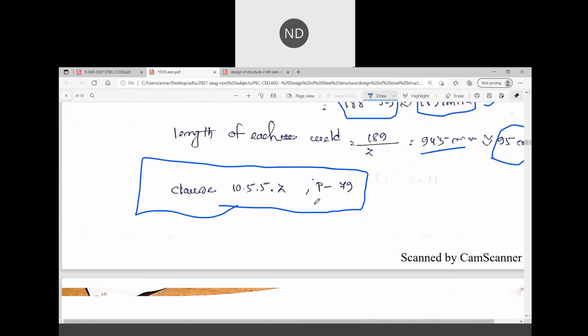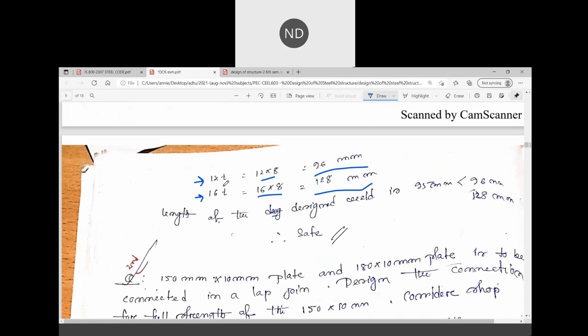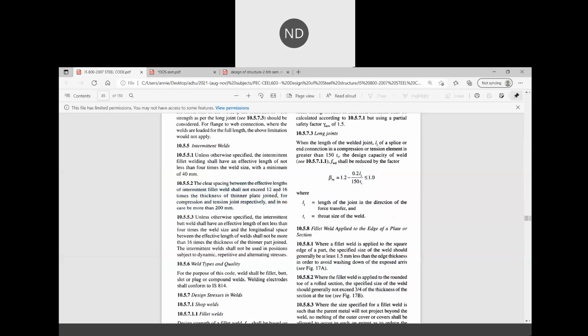So you see here, you have checked both the 12 times the thickness of the thinner plate and the 16 times the thickness of the thinner plate. Now you see here, this is 96, this is 120. Which one is smaller? This is smaller. That means 96 mm is smaller. That means 12T is smaller. And it was told in your IS code that it should not exceed either 12 or 16T, whichever